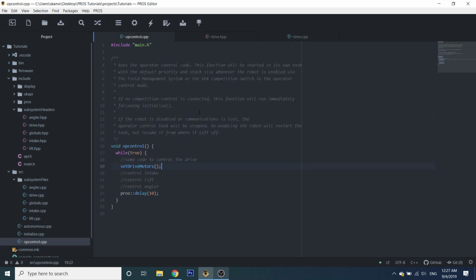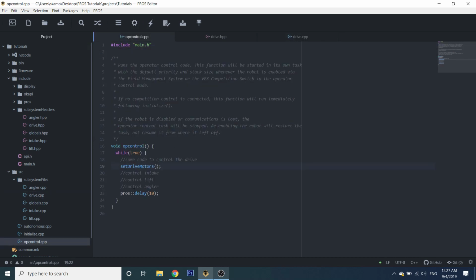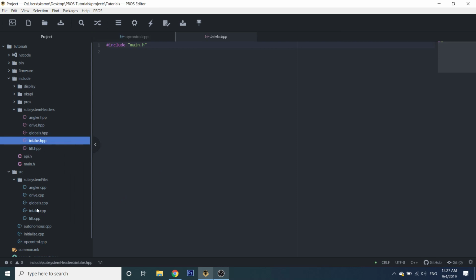Okay, so with this general structure in mind, we can do this same function for all of our mechanisms. So we could do set lift motor, we could do set intake motors, etc. So let's do intake next. So we're done with drive. Let's close that out. Let's open